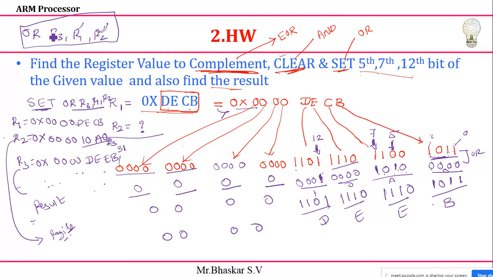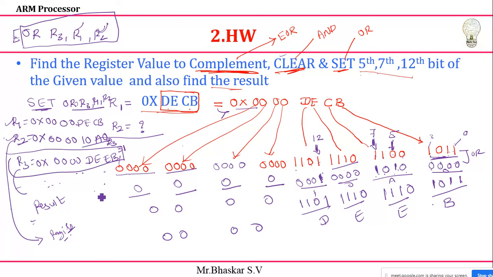Clear about this one? So for the complement process, directly I can tell, complement means XOR. I need to use the XOR gate instead of the OR gate, EOR. Only small changes. EOR, if you use, everything is okay. Same instruction, so the R2 value is also the same. For XOR operation or complement, the same rules apply. The particular bit I need to make 1, the remaining bits you need to make 0. So the R1 value will not be changed, the R2 value will not be changed, but the result will be changed.